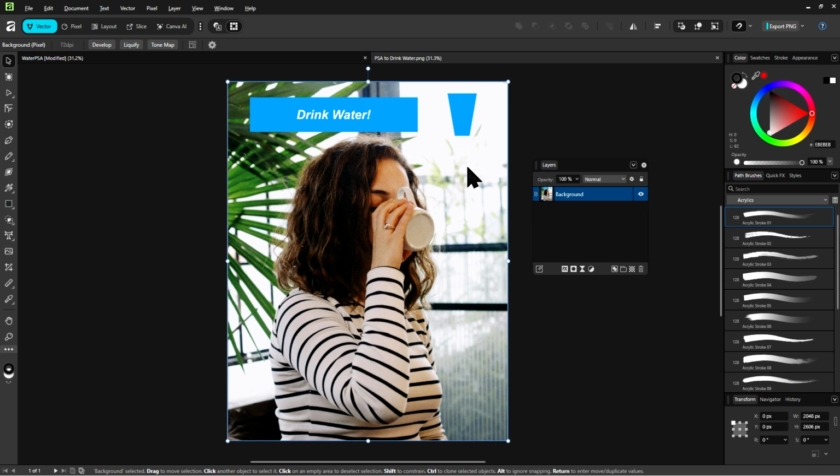And that's what exporting does. It saves your Affinity project into an image file, a single image file that you won't be able to edit anymore. However, that one single flattened image is what you share with others.